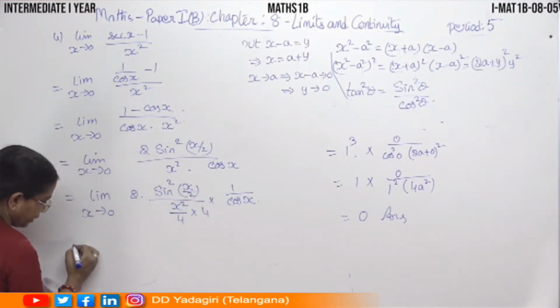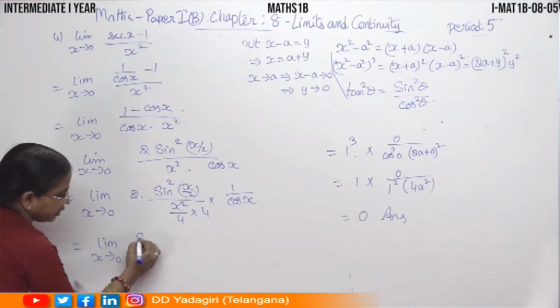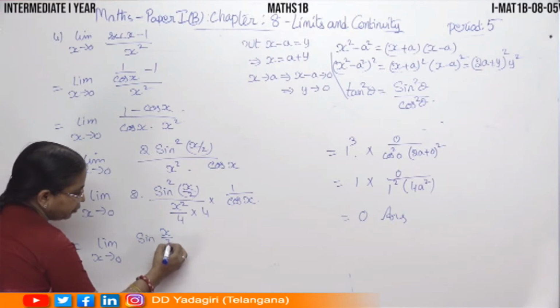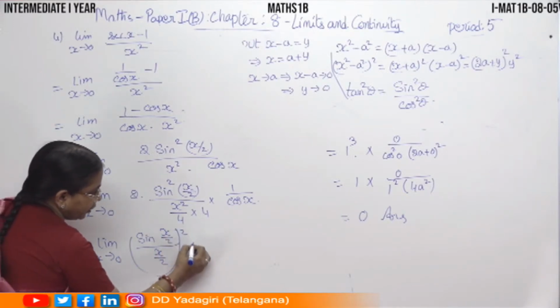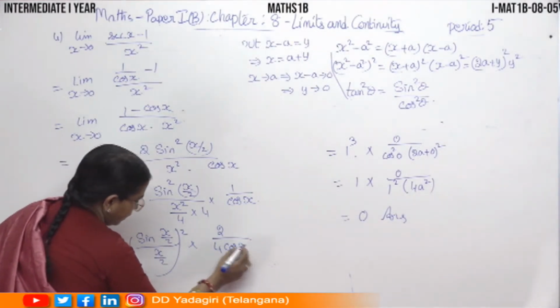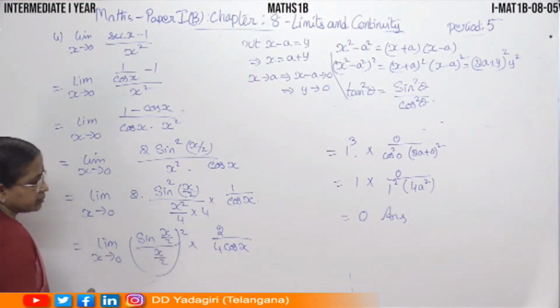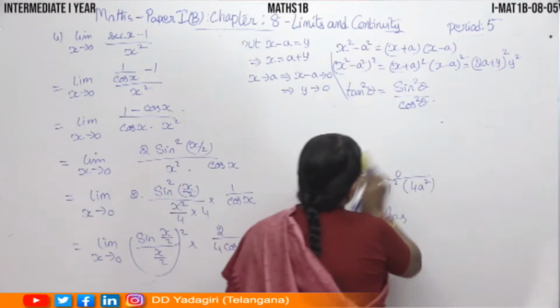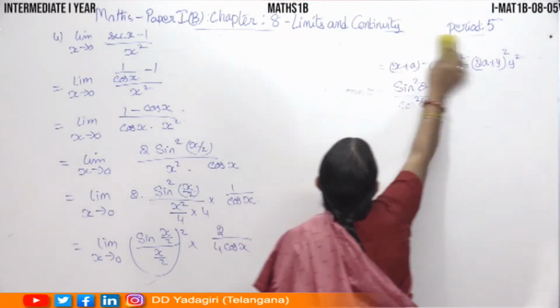Rest will write separately. So it is limit x tending to 0 of sin of x by 2 by x by 2 whole square into 2 by 4 cos x. Now this also we should change. Now we'll write the limit for this separately and for this separately, and then we will find the standard. We'll write the standard limit value. So it is equal to